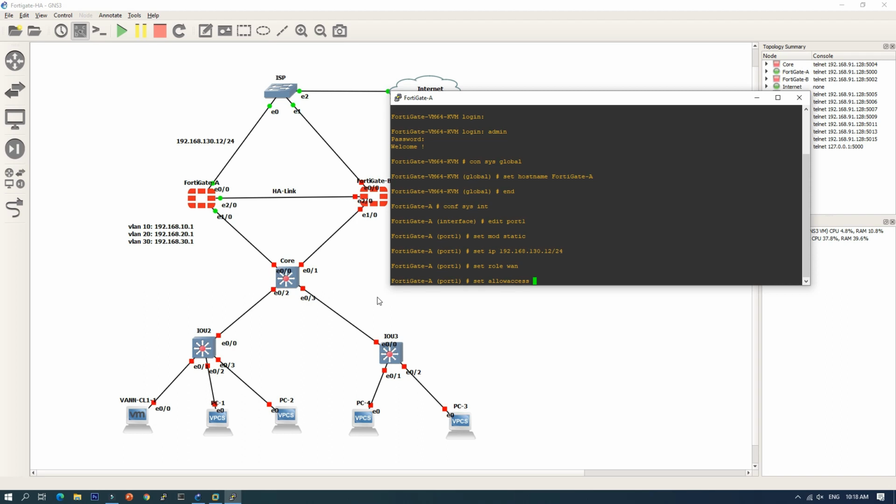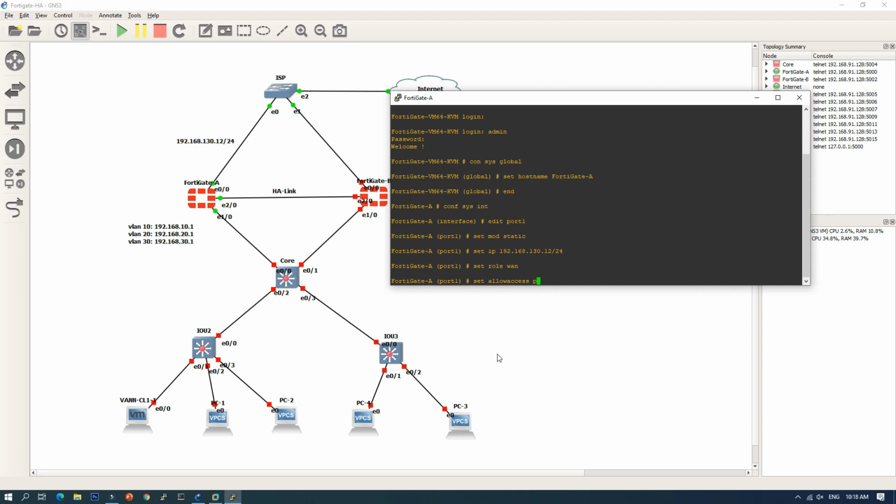In my case, I want to access from the ISP, from the WAN. Actually, you can set allow access from the LAN, from our local, but here I prefer to access the FortiGate firewall from the web by WAN.